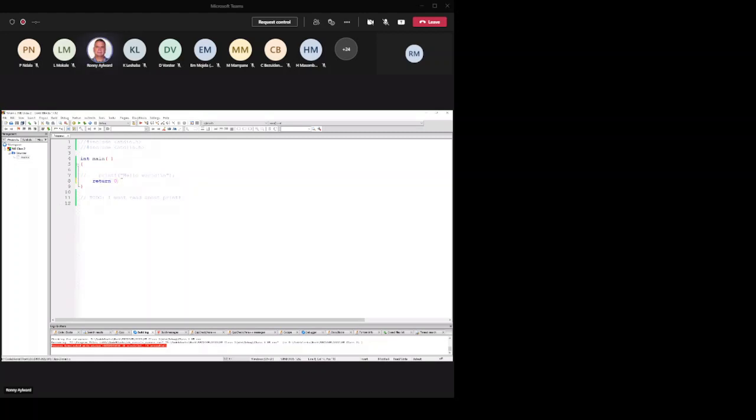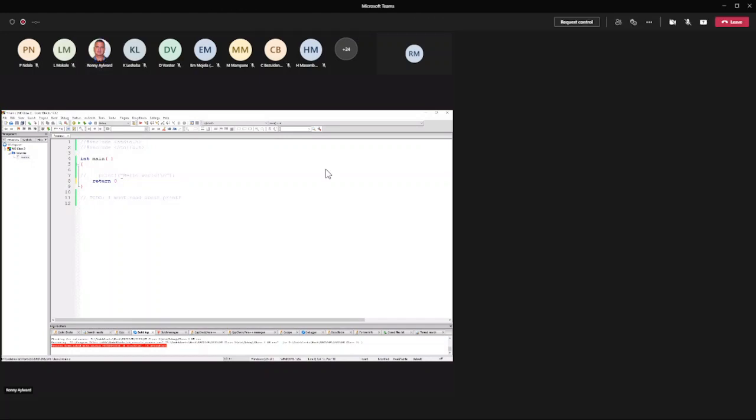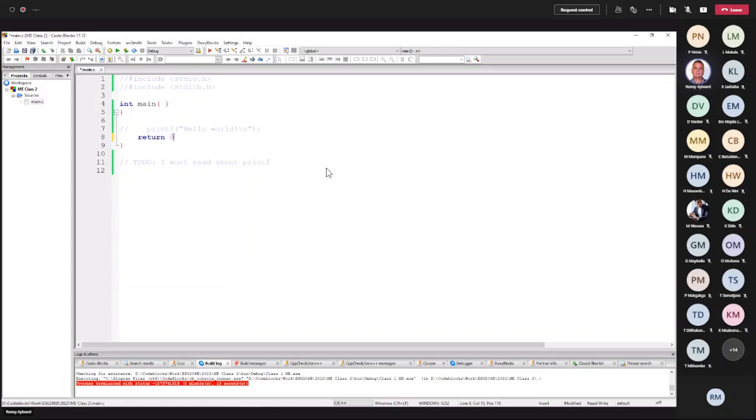We are now again going to make something not work. You will see that all the instructions terminate with the semicolon. So if you omit the semicolon, what happens? If I now compile, you will see it says expected a semicolon before the brace. So it found the brace, but there was no semicolon before the brace. That means that, again, the compiler doesn't understand what's going on. So it just comes back and says, hey, you've made a mistake, fix it.